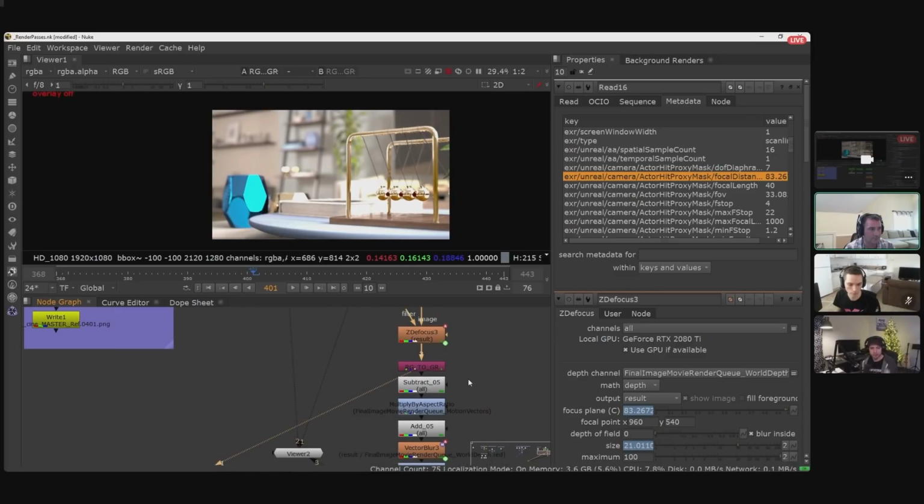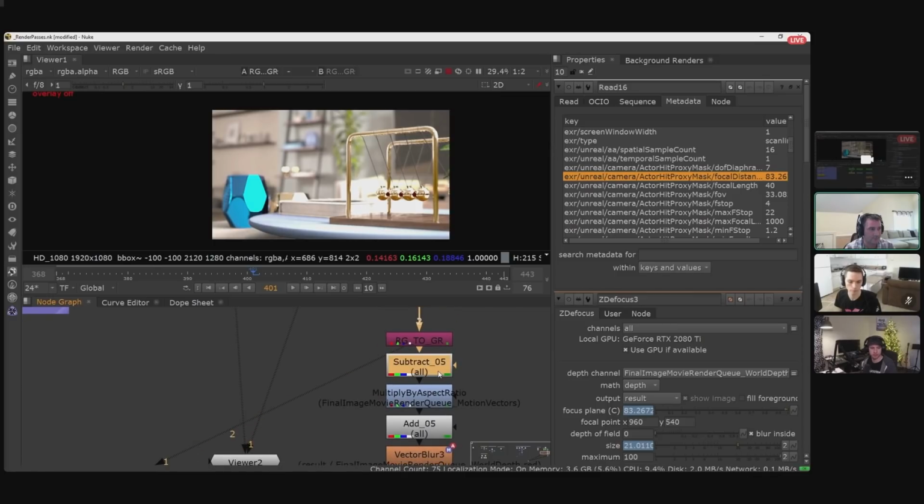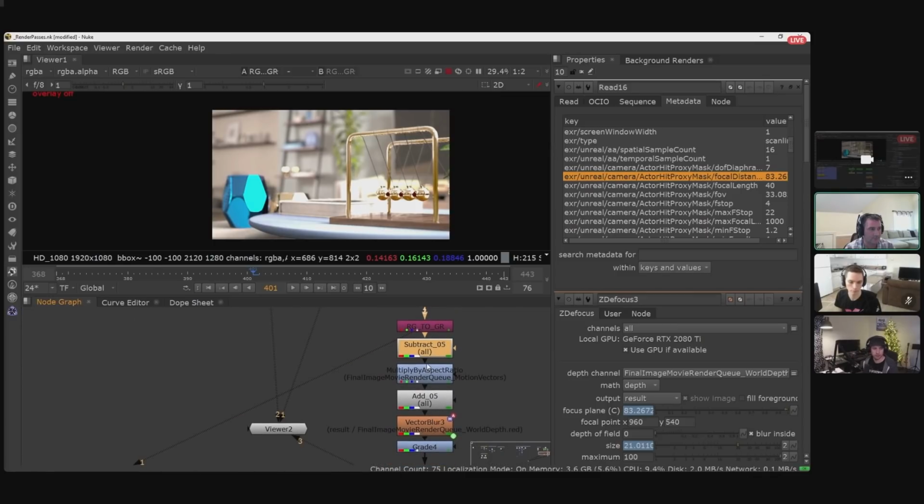And as Matt had mentioned, we're doing some math operations to get the motion vectors correct. So we're shifting those from red to green, and then doing more of the math operations, as he had mentioned, to set up the motion vectors. He went into detail on each one of those, so I don't necessarily have to show.